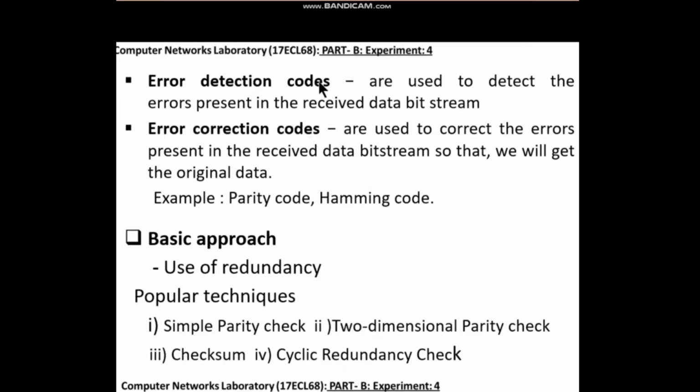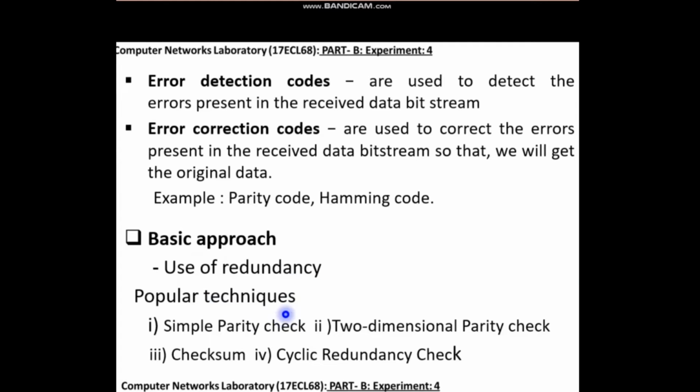Error detection codes are used to detect the errors present in the received data bit stream. Error correction codes are used to correct the errors present in the received data bit stream so that we get the original data. Examples are parity code and Hamming code, and many more. The basic approach used for error detection is the use of redundancy, which is the process of adding additional bits to facilitate detection and correction.